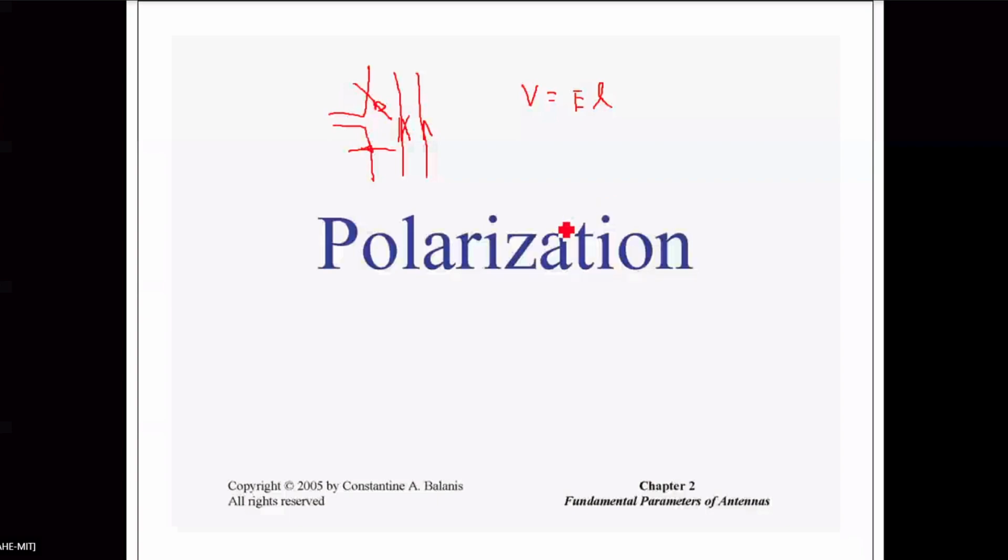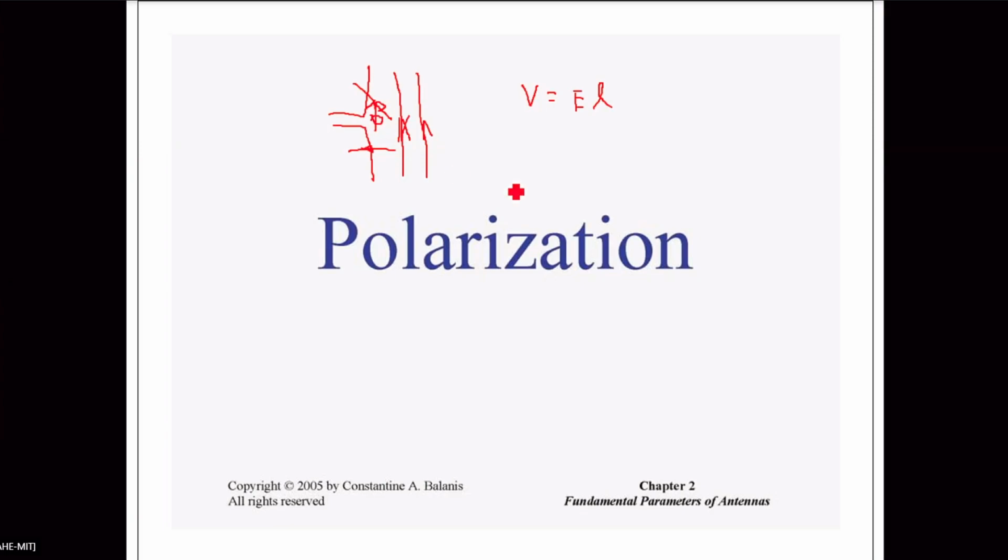Okay. So if it makes an angle phi, the loss factor will be proportional to cos phi. The loss factor due to polarization mismatch will be proportional to cos phi. If the angle between antenna polarization and wave polarization is phi, then the loss factor depends on cos phi.